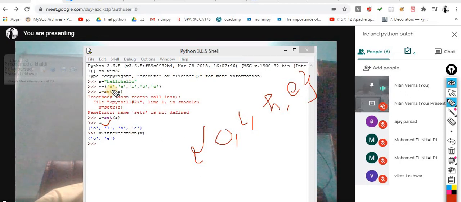We have A, E, I, O, U. When I perform the intersection, what is the meaning of the intersection? The common ones. When I perform the intersection with V, the common ones are only E and O. So I am getting the output E and O. So this is the way you can use this concept.